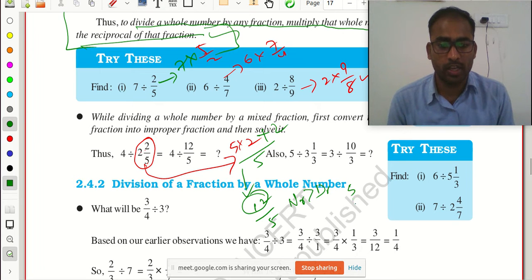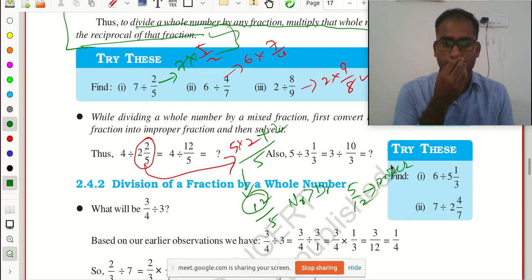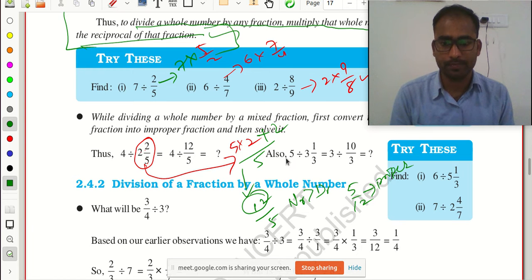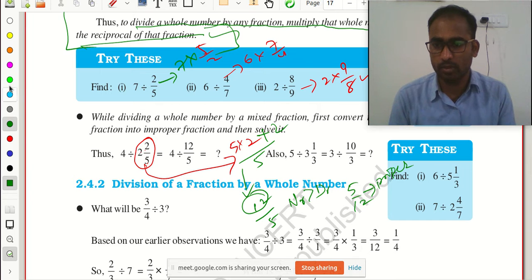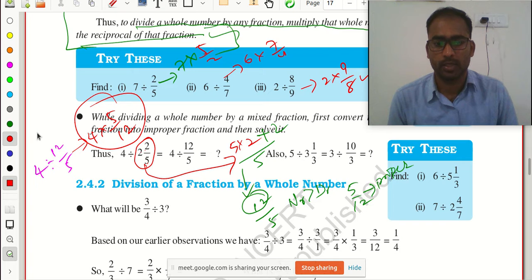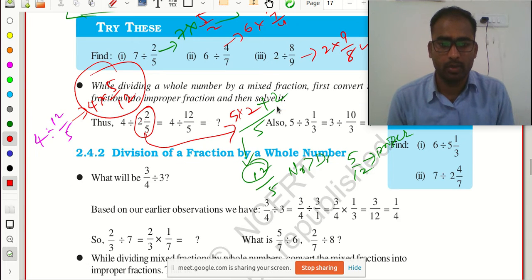Suppose 5 by 12 is there, then this is a proper fraction, because the denominator is greater than the numerator. Clear? Then after this we need to do our process. So here what did I get? 4 divided by it can be written as 4 multiplied by 5 by 4. Same for this problem also. 5 divided by 3 1 by 3. What is its value? 5 divided by